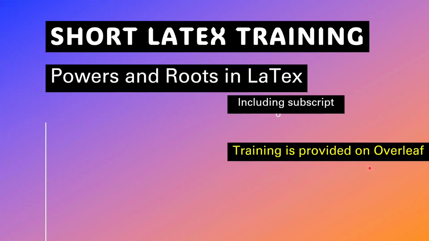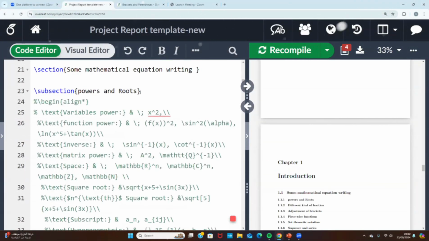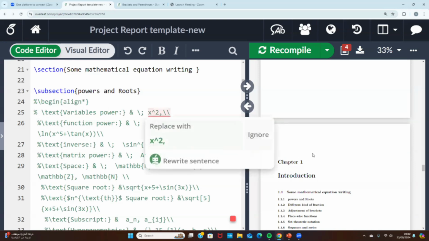So let's move to the Overleaf system. This is the Overleaf system. So there is something called the preamble and the structure to run the program, which is already fixed here. So today we are going to just discuss the powers and roots. And